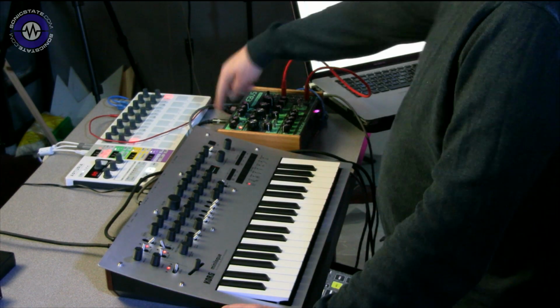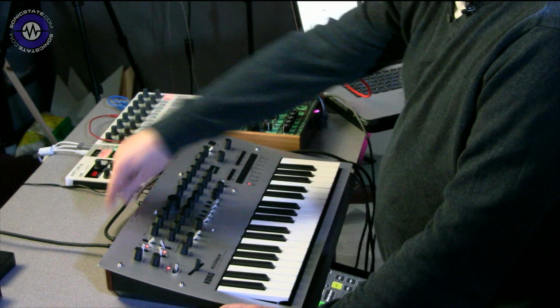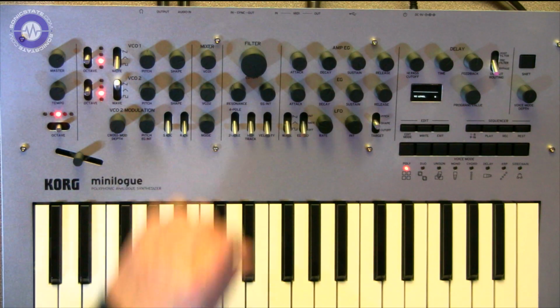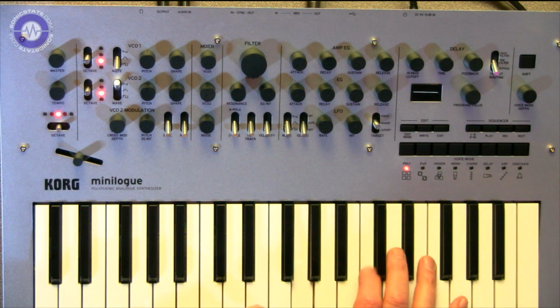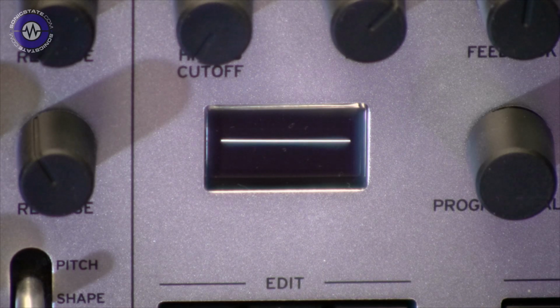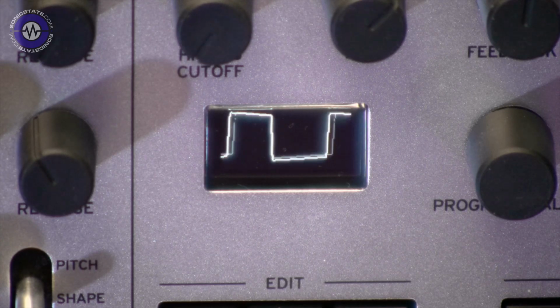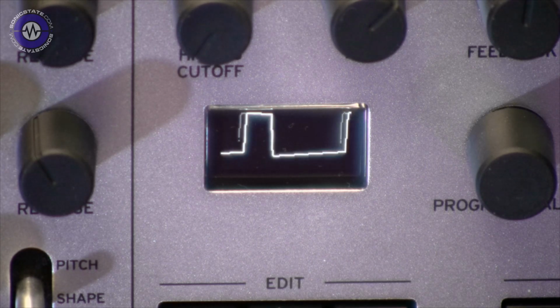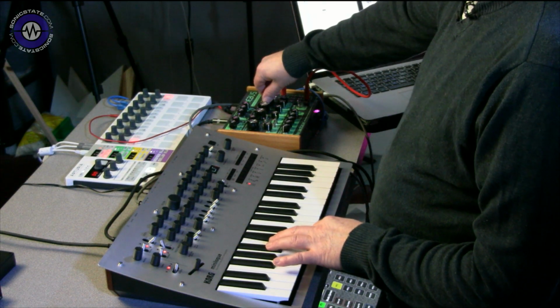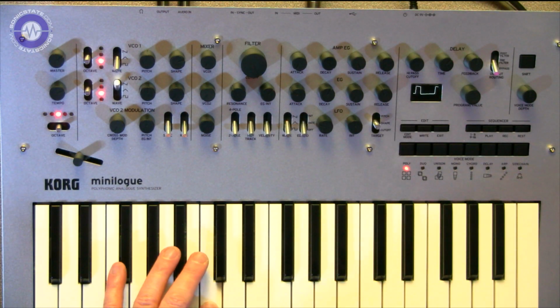So what I'm going to do, I've taken the output into the input. Now what I shall do, we'll just turn down the oscillators so there's nothing happening at all when I play the notes. Then we'll come to the display. I'm going to bring the Erebus up. You see I've got a pulse width wave, just to show you what's going on there. Now the pulse width wave